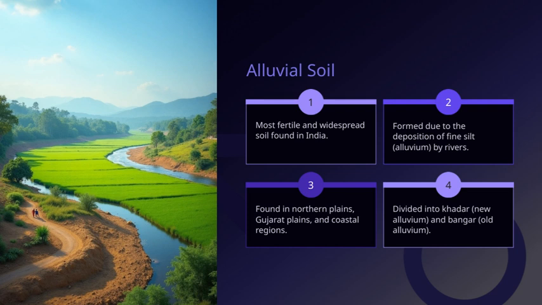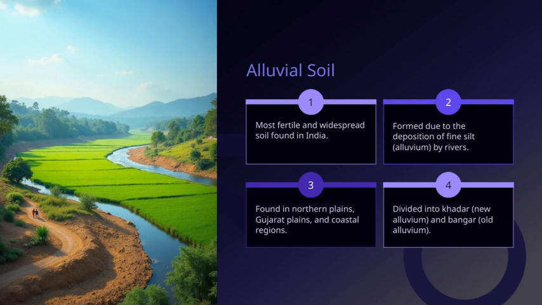This soil is formed through the deposition of fine silt by rivers, which enriches the land and makes it highly suitable for agriculture. You'll find this type of soil mainly in the northern plains, Gujarat plains, and coastal regions of India. It's actually the most fertile and widespread soil in the country, supporting a large portion of India's agriculture. So, understanding the characteristics of alluvial soil helps us appreciate why these regions are so vital for farming and food